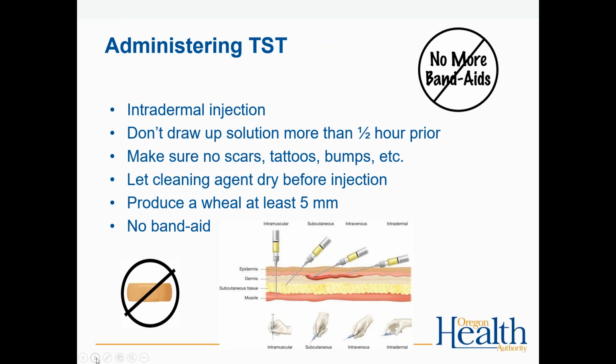Kevin, what do you think are some good alternate sites if somebody has tattoos all over their arms? Wow, I don't know. I've never had to go beyond the arm, but I would probably do an IGRA in that case. Yeah, that's actually the best solution, to do a blood test, right? Right. I've heard you could maybe do around the scapula or something like that. I guess you could. It seems to me the lower extremities would be too thick, skin-wise. I don't know that you could read it the same way. I've never heard anyone doing that.